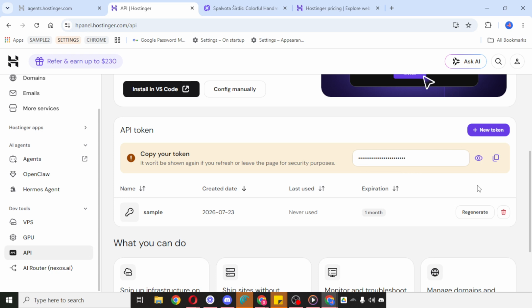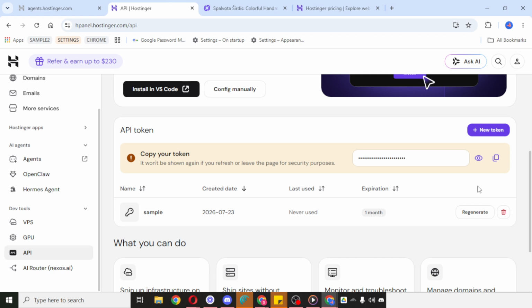This is very important because, for security reasons, platforms often only show the full token once. A password manager or another secure storage method is usually the safest option. Avoid pasting it into unsecured notes or sharing it casually, especially if it gives access to important account features. Once you've copied and stored the new API token, you're done.